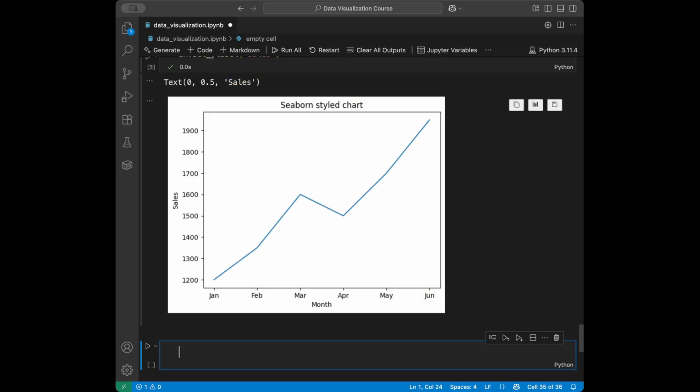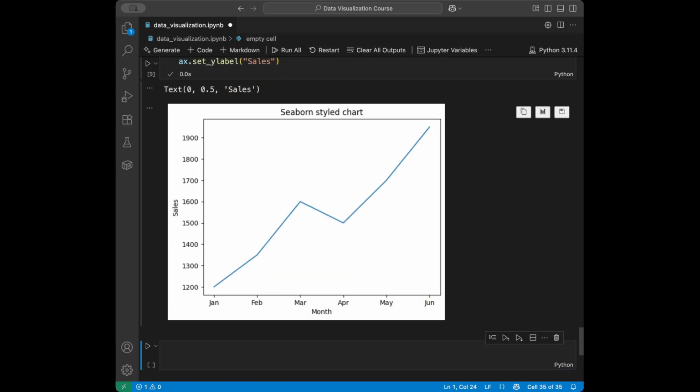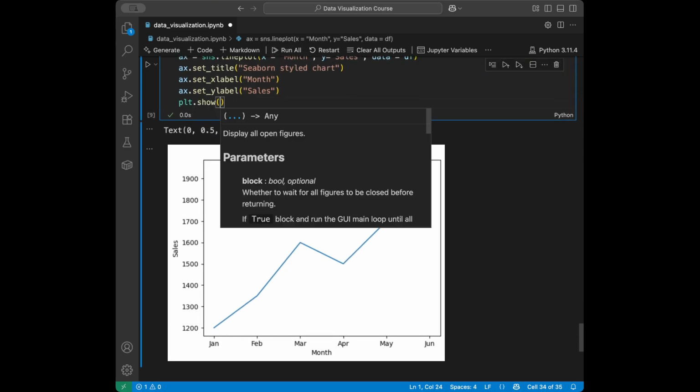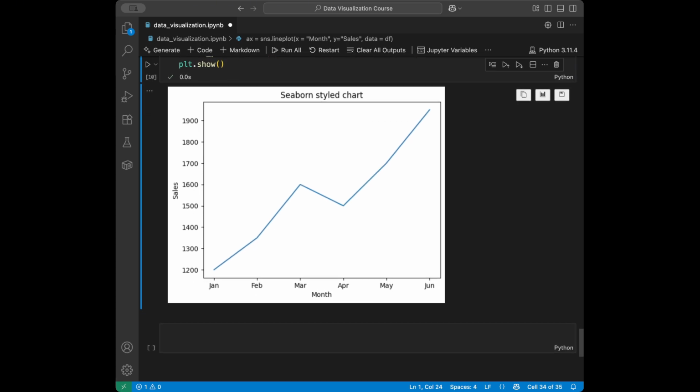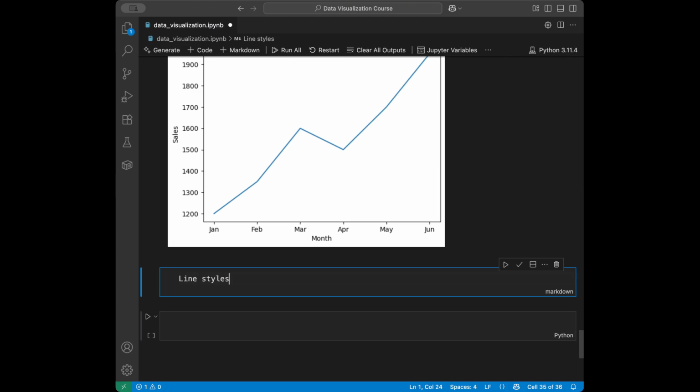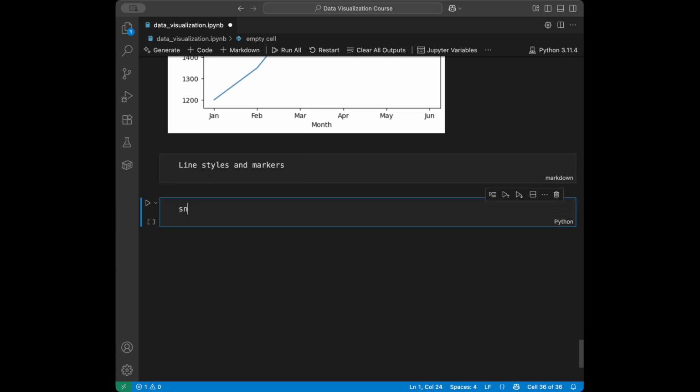So when we run this, we can see that we have the title and the labels. So show. Okay, awesome. In here we have the markers and line styles too. I'm not going to go through all of them one by one, but let's say line styles and markers. So let's create a line plot with seaborn,